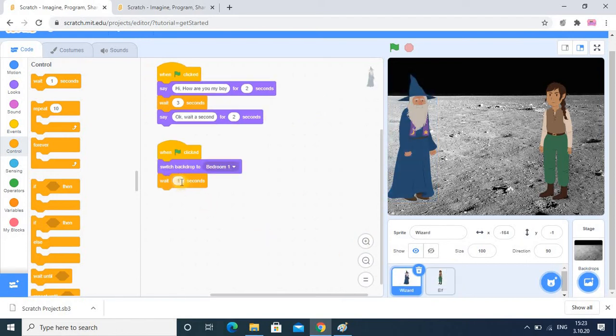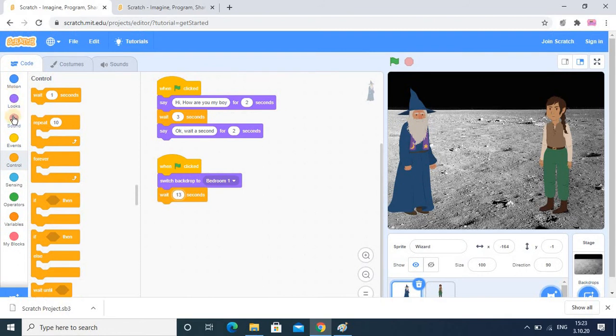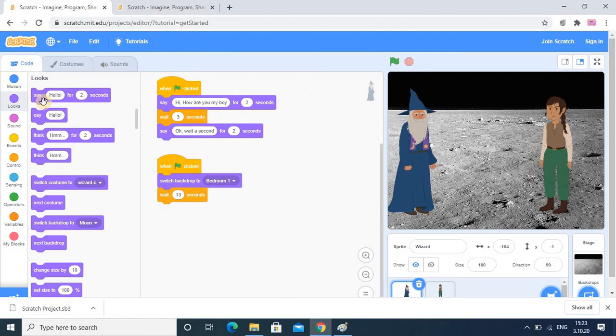So here I am writing wait 13 seconds, and after that once he has completed the promise, that person will speak something, and that code is nothing but in the look section.